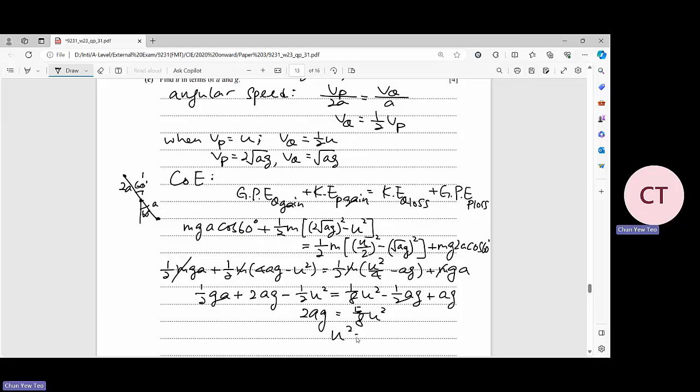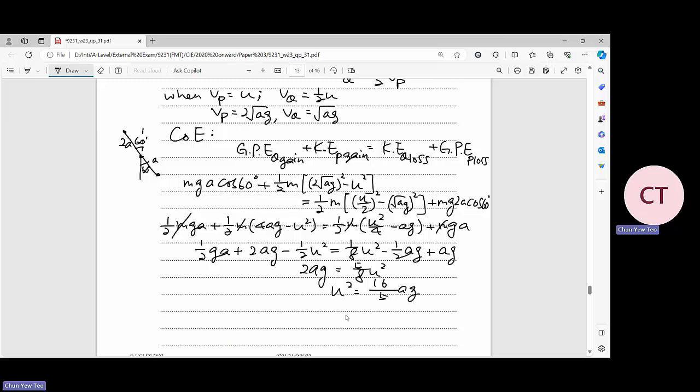So your U squared will be 16 over 5 ag. Then U will equal 4 square root of ag over 5. Okay, that will be the answer already. Of course, you can simplify it to make it become 4 square root of 5ag over 5 if you want to,